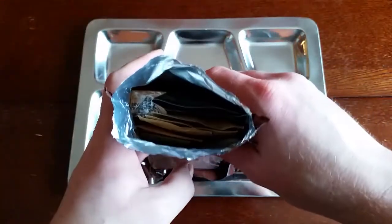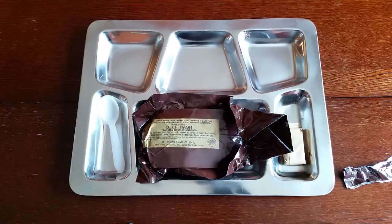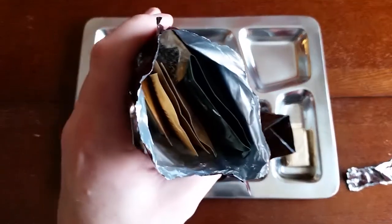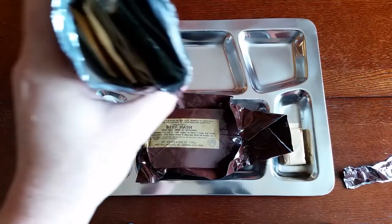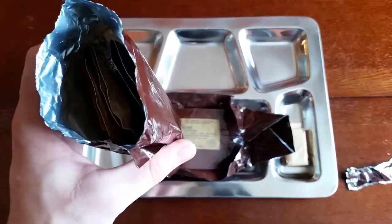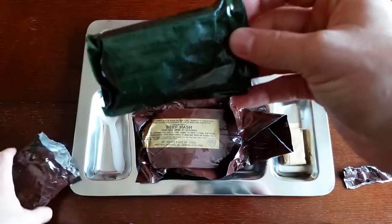Let's rip it open. And let's do what some people sort of like to do, take that first smell. That's an interesting smell. I can't quite put my finger on it, actually. It's not quite mint, and it wouldn't be mint because there's no gum in it. But yeah, it's a little weird, actually. I don't know what to say. But what do we have? We've got an old style